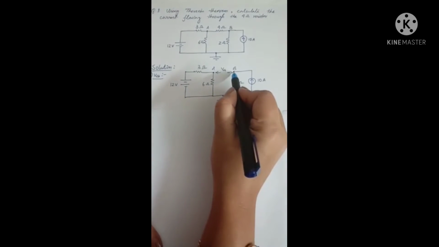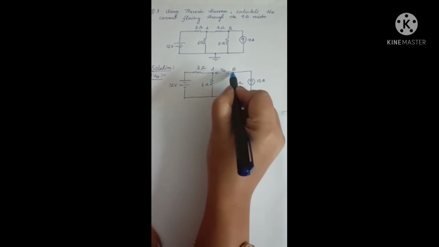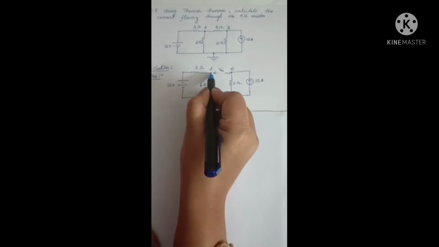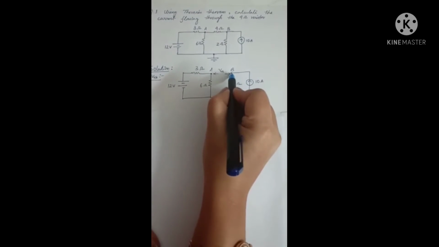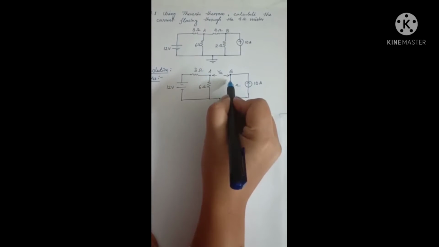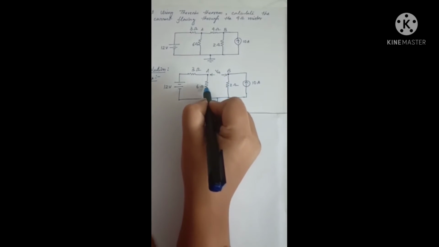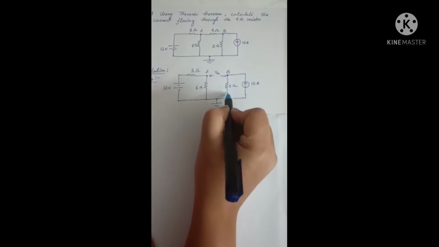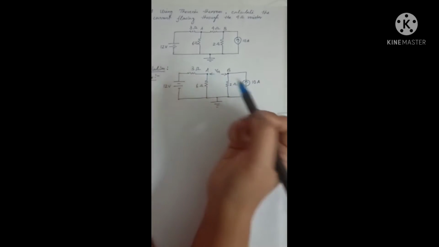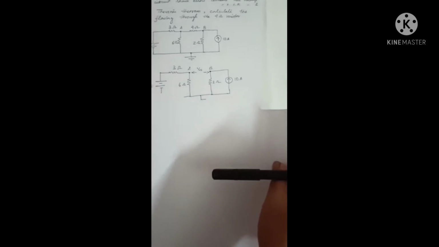So we have this path, either we can choose this path or we can choose this path. So we have 2 options. So what I am doing, I am starting from this point B, I am moving through this path. I can use this path to reach this point A, or I can choose this path to reach this point A.